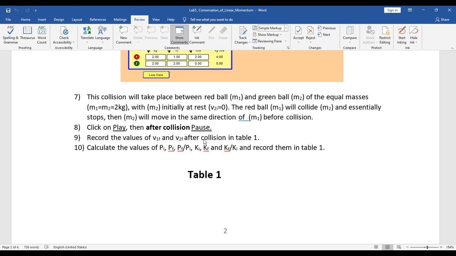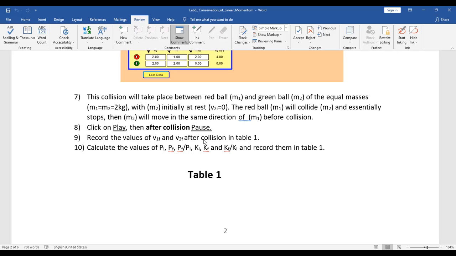All right, we set 2.5 meters per second. We have to come back to the original case, 2.5. Then we have to replay after adjusting the initial velocity of ball 1. And what happened? You can see here the velocity of